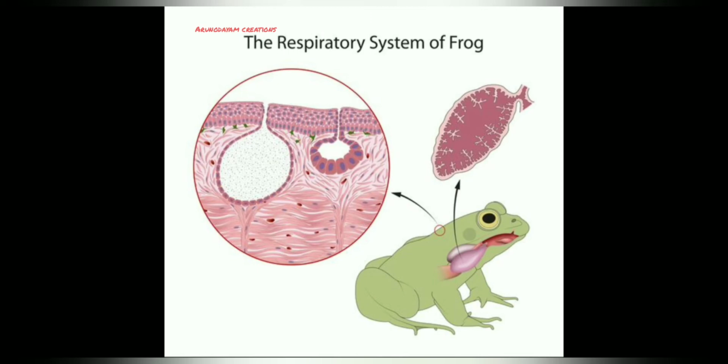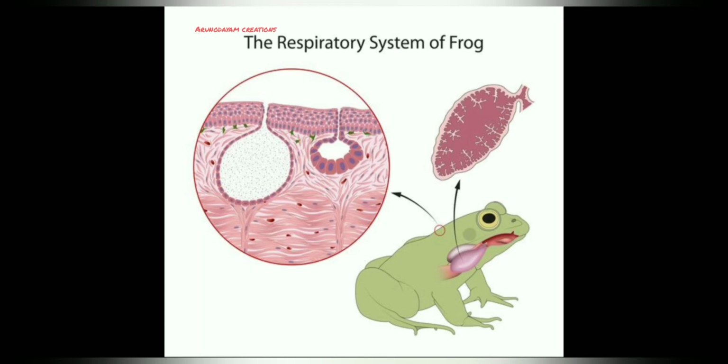Now we are going to discuss cutaneous respiration. Usually frogs are always slippery in nature. Their body is always sticky. Why? Because their skin has a type of cells called mucus cells. These mucus cells produce a sticky substance called mucus, which is useful for respiration. It is useful for absorbing oxygen from the atmosphere into the body. The oxygen that is absorbed into the body passes through the cells,